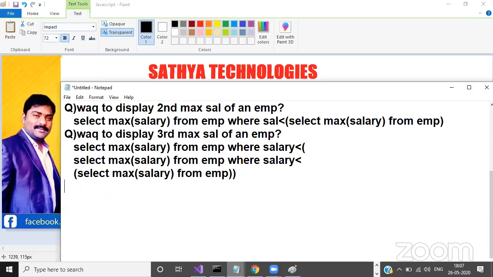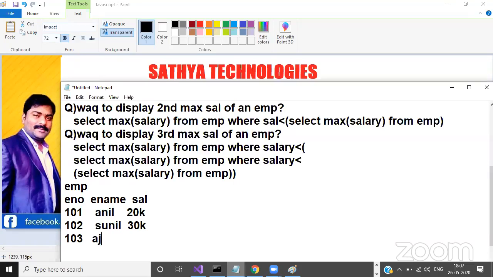For example, I will take one table named employee, with columns employee number, employee name, and salary. Here 101, Anil, 20,000. Here 102, Sunil, 30,000. Here 103, Ajay, 40,000. And similarly, I'll take one more table named student, with the columns